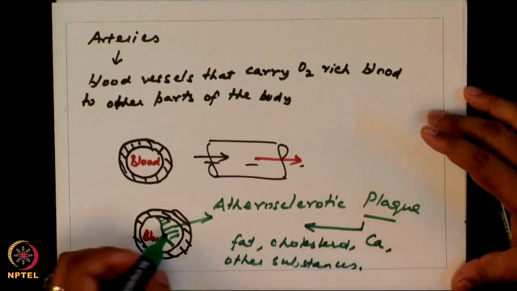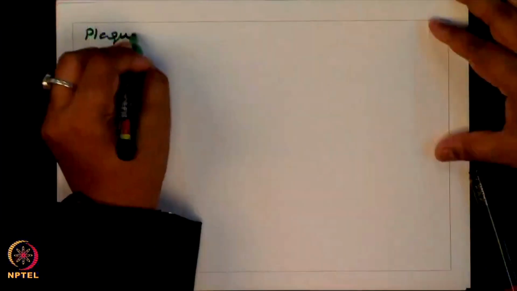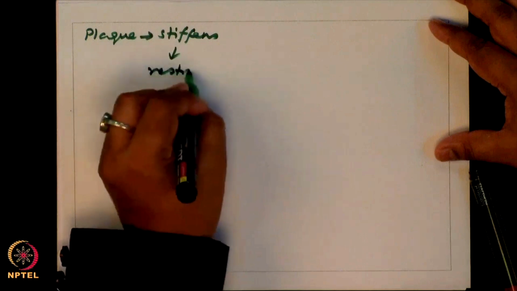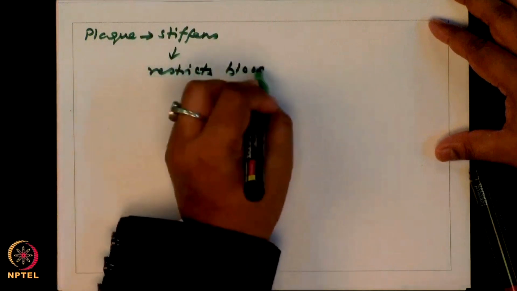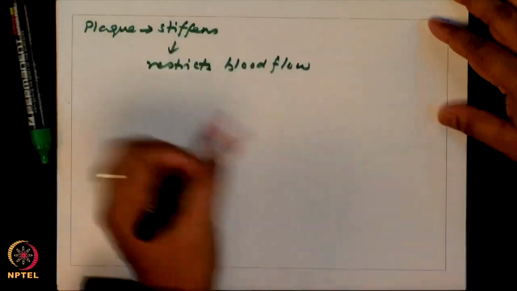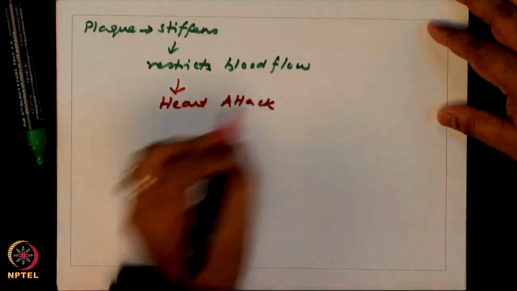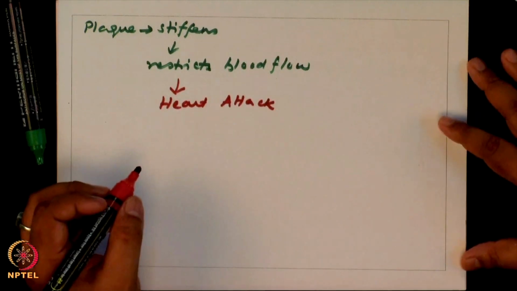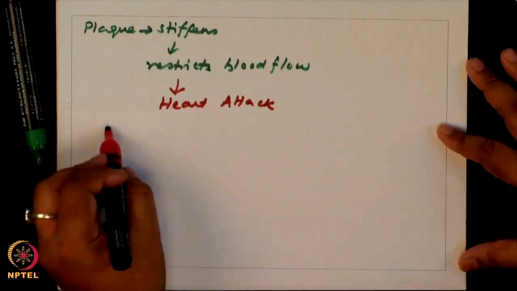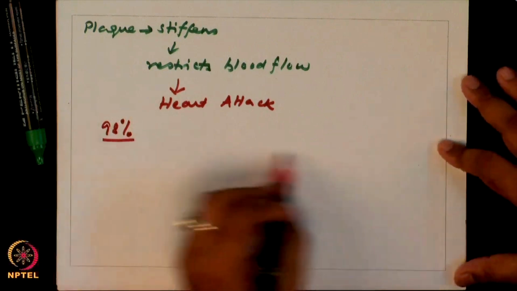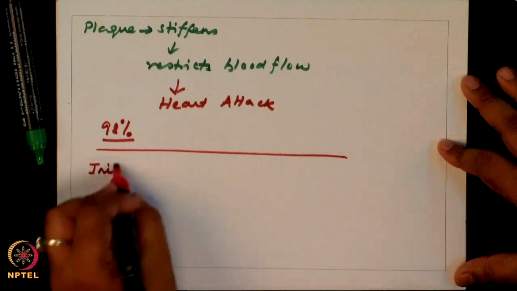Over time, your plaque stiffens and restricts blood flow, eventually causing a heart attack, where blood flow is completely gone. So, when you do these tests, doctors say that you have 98% blockage in arteries or veins, and so on and so forth. Though the initiation of this atherosclerosis